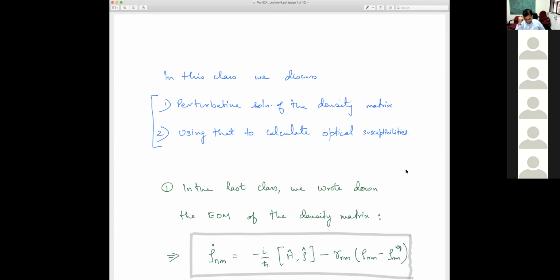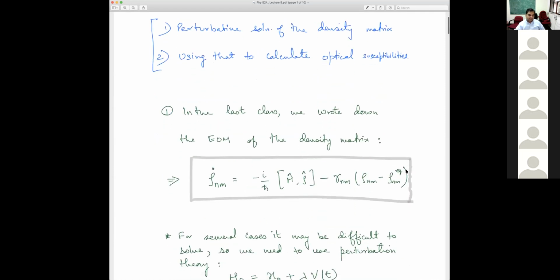Okay. So the second order nonlinear optical susceptibility is related to a lot of terms which you will encounter in the literature. So there will be terms like nonlinear susceptibility to start with, then second harmonic generation, sum frequency generation, difference frequency generation, and also what is called rectification. So optical rectification. Okay. So these are all different physical processes which are related to second order optical susceptibility. But before we go, let's just quickly review.